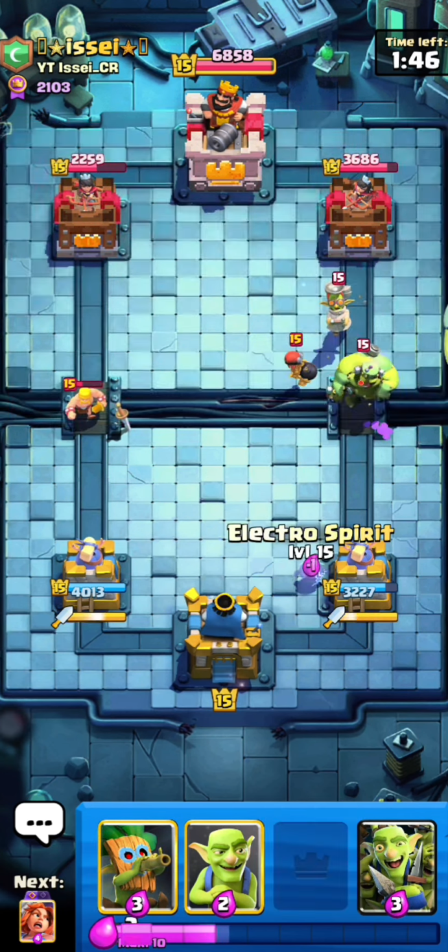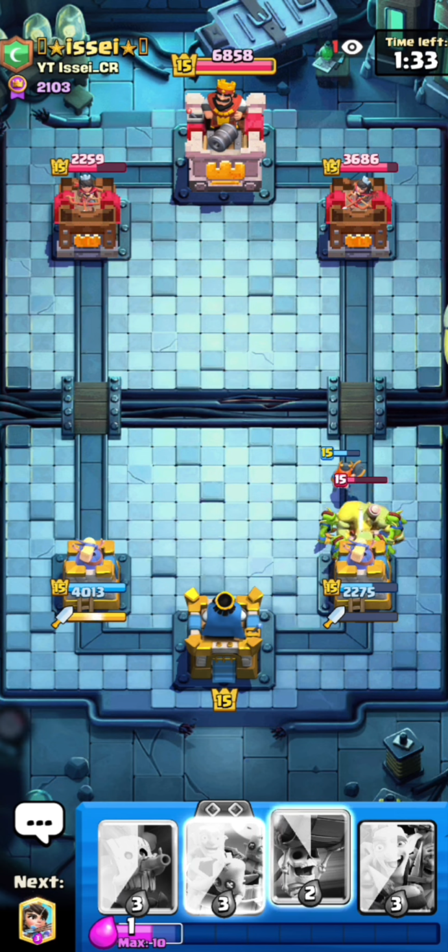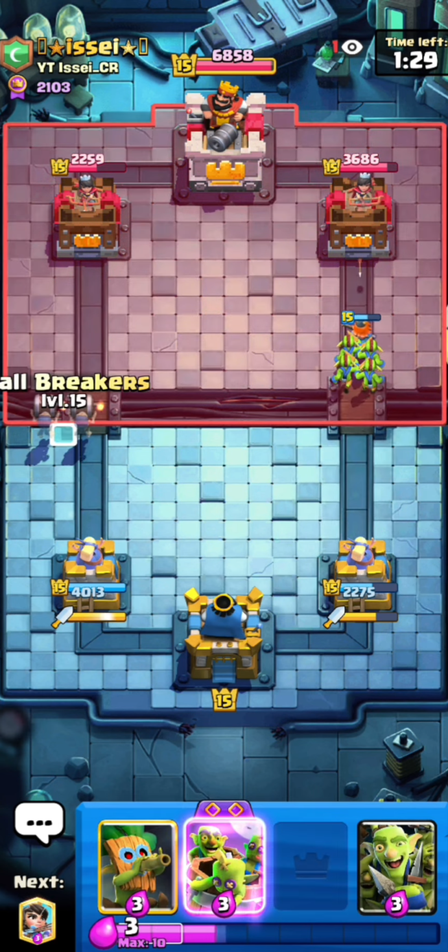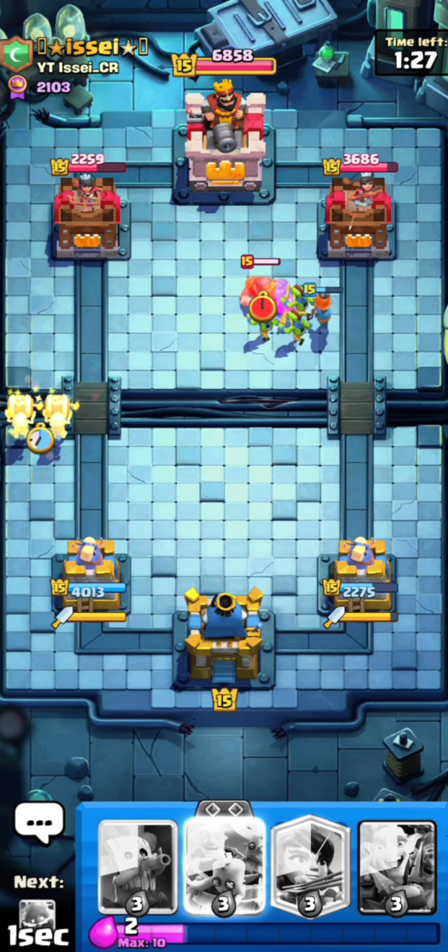He goes for the next Goblin Stein already. I feel like it wasn't really worth it for him to pop the ability before. And now he pops it again. But the Valkyrie should take the Goblin Stein out quite fast. So now I can just go Goblins, and he's still gonna have to defend that. Overall, a pretty good situation because I'm up damage, but of course, he's got the King Tower activated, which is